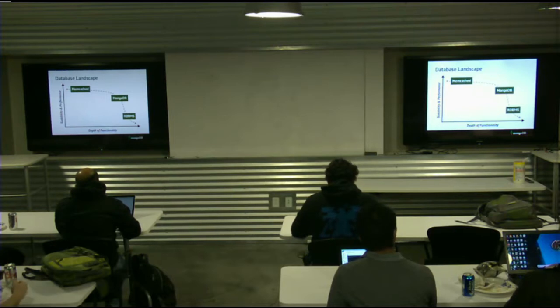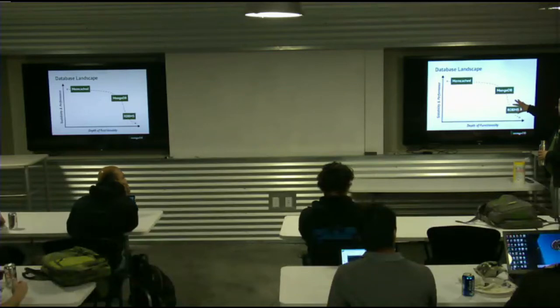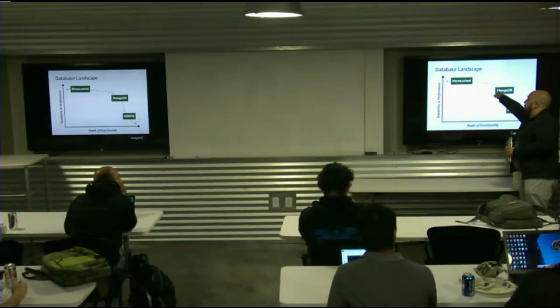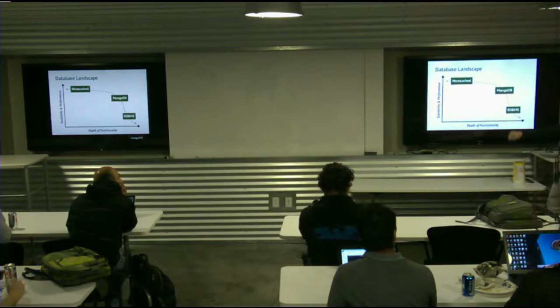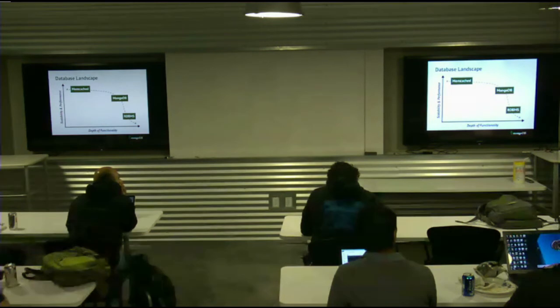If I were to put Couchbase, Cassandra, and those guys in, they would be further back along between memcached and MongoDB. That's not a knock, right? Every database is intended to do something different. We were intended to do a lot of what relational could, but back it off a little bit so we could get to scale. Cassandra and Couchbase are really built for scale, but they make some trade-offs in the data model.